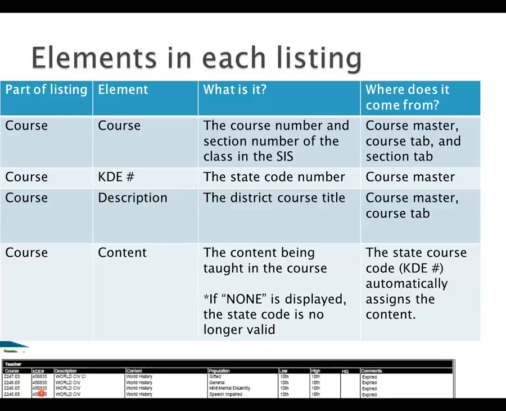Please make sure that your schools have run the missing or invalid state course code list report that is available in Infinite Campus. There were approximately 600 changes to the state course code list this year. So you want to make sure that the schools are using the current active numbers. We did run a report last year, and we still have districts that have numbers that have never been valid, which tells me that these schools are not running this report regularly, which they should be. They should run this report every single summer.